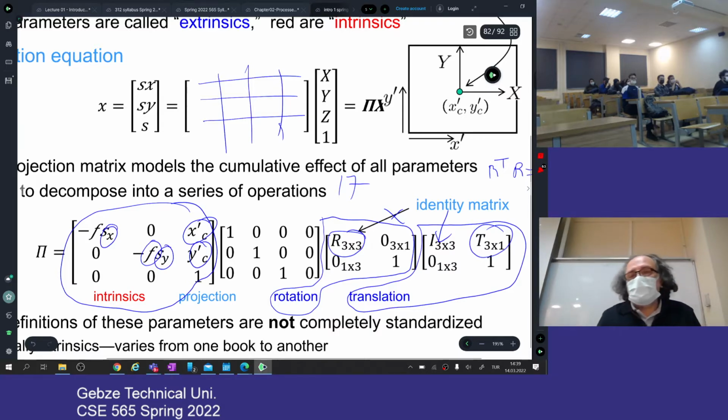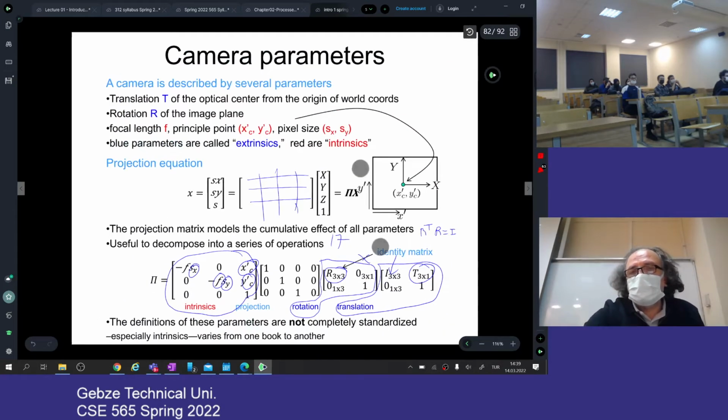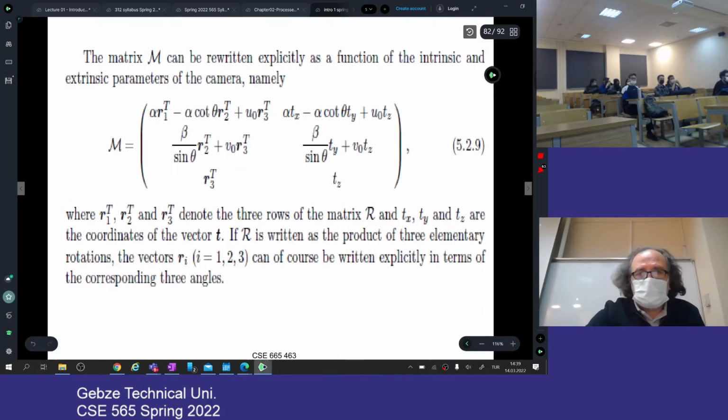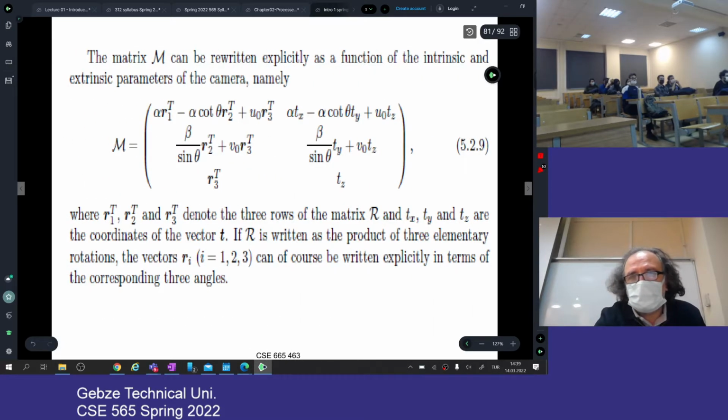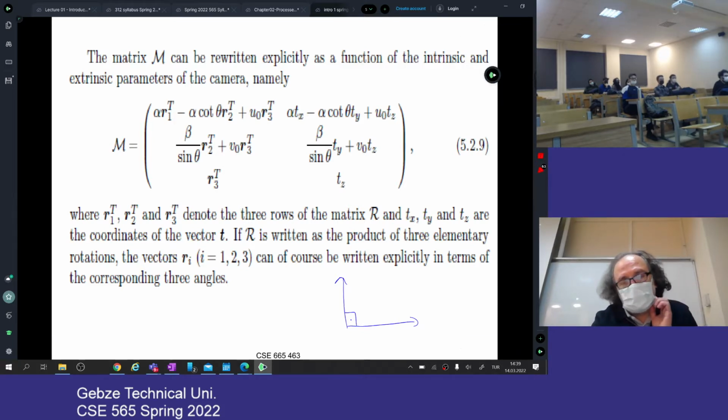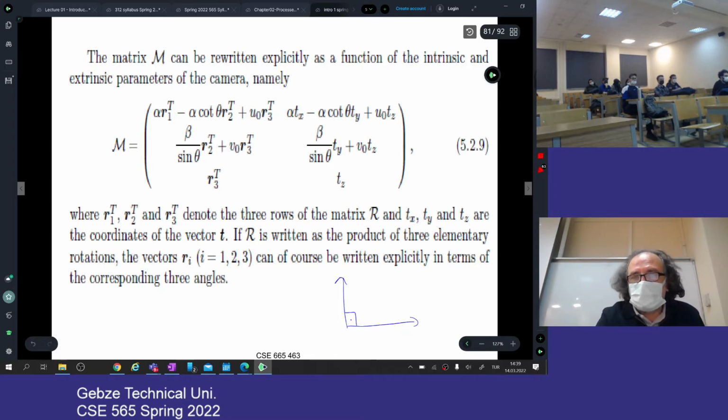If you don't consider the other parameters that we looked at, what are the other parameters? Other parameters are the skew angle. Remember, our image plane doesn't have to be perfectly 90 degrees. Just a 0.01 degree difference from this 90 degree will make a difference. That's why sometimes we take this number into account too. That's called the skew angle, and it is theta. That's one thing. The other thing is